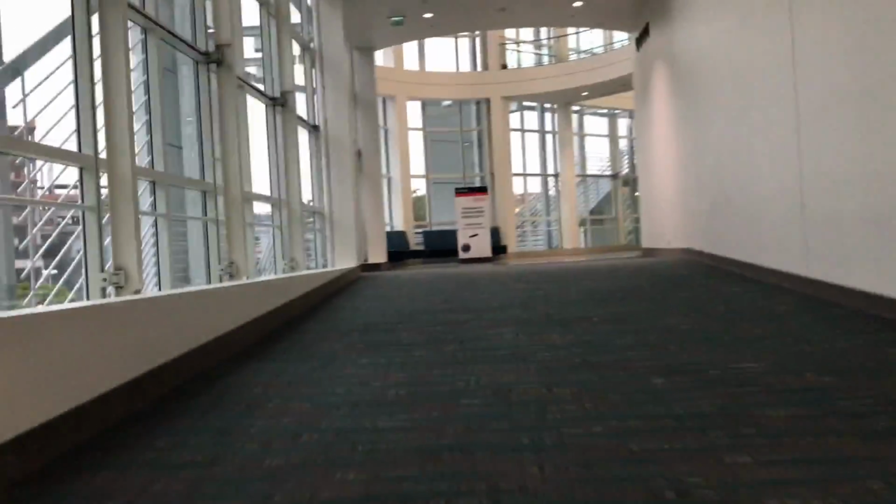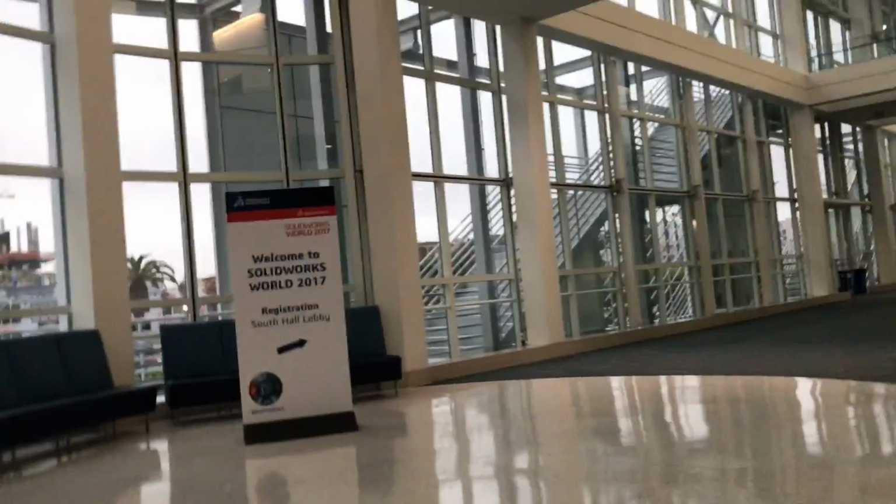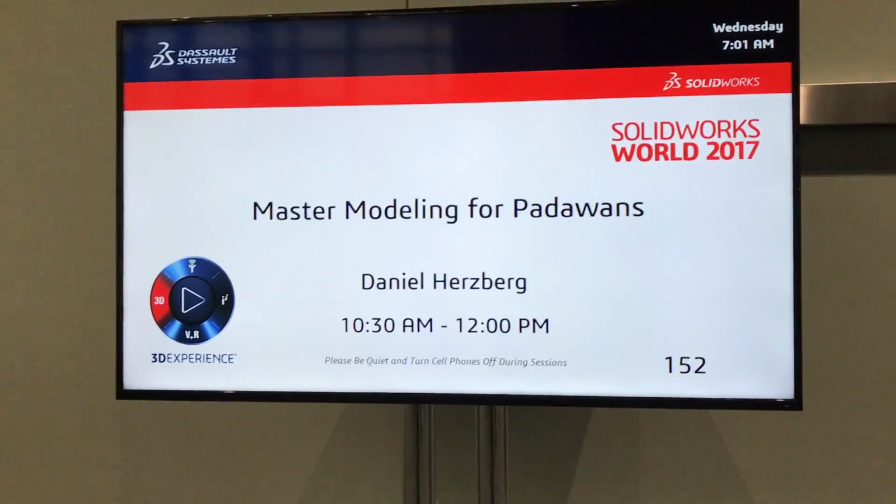Here we go. So this is one of the side entrances to Los Angeles Convention Center. There's 3 floors of meeting rooms, and it's where they do the technical sessions. Got here pretty early, exactly 7 o'clock right now, so it's a little quiet in this area. It'll get busier once we get towards the breakfast. So then at each of the conference areas where they're doing the training, they'll have a TV set up telling you what's going on in that training session.